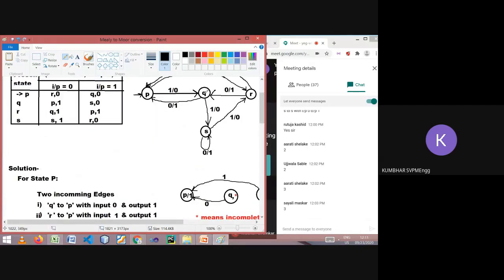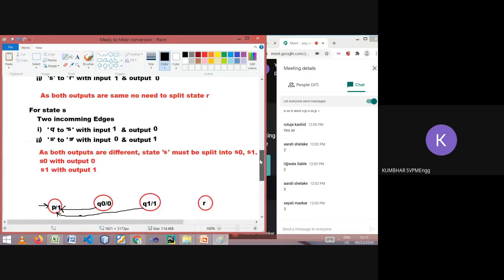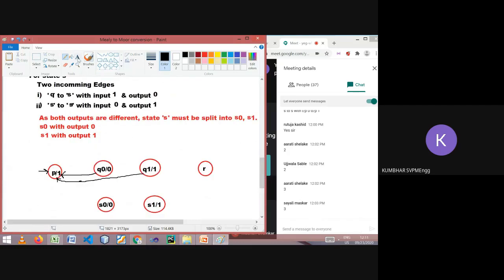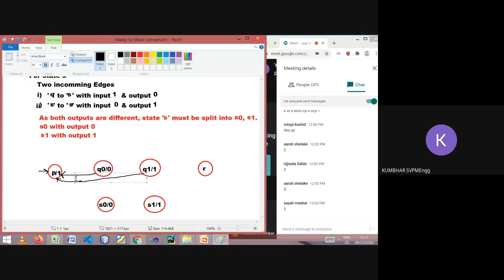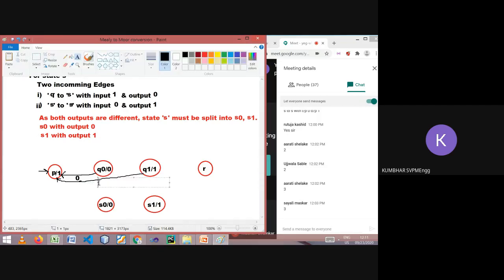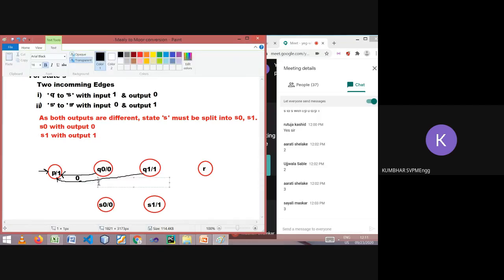What is the input? 0, correct? 0 input, 1 output. So both transitions will show this 0 input. In short, if a single state in the Mealy machine transits with 0 input or 1 input and the output is the same, both split states will show the incoming edge with that input to the same state of that output.